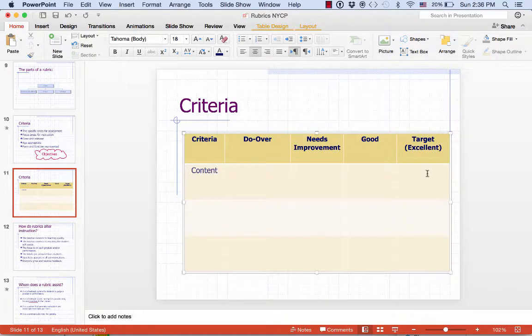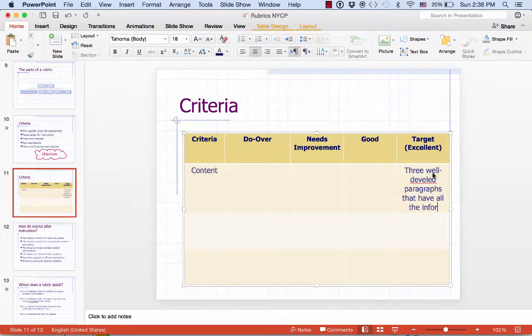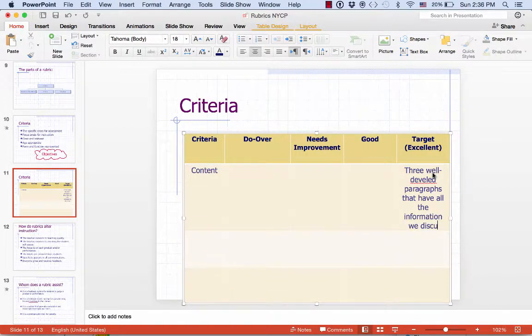What is the perfect 3 well-developed paragraphs that have all the information we discussed, all the information required, see checklist,